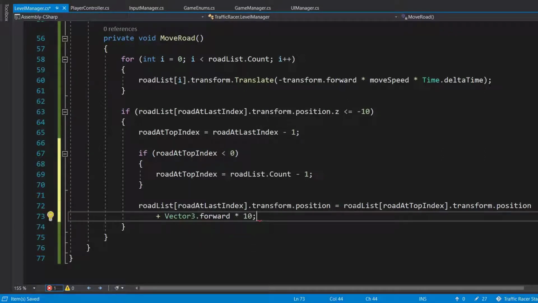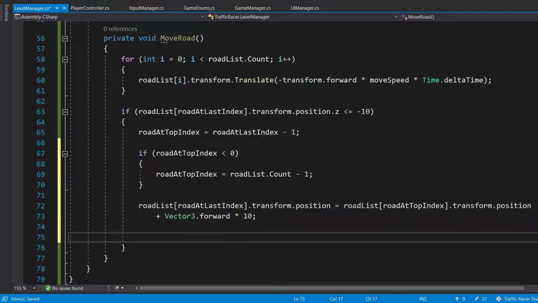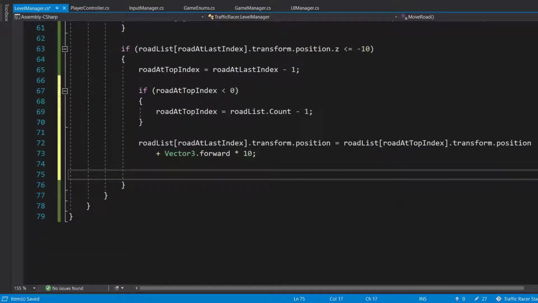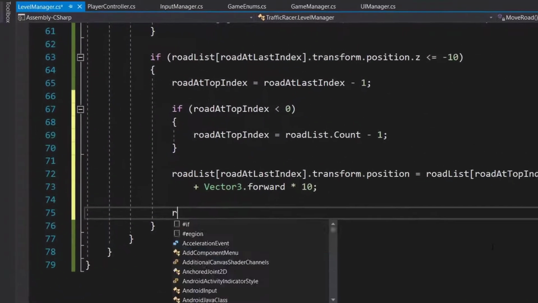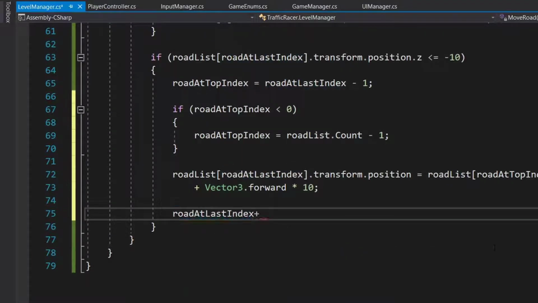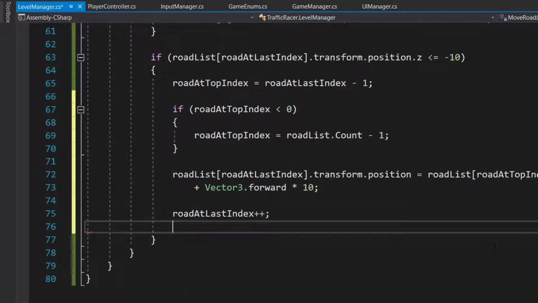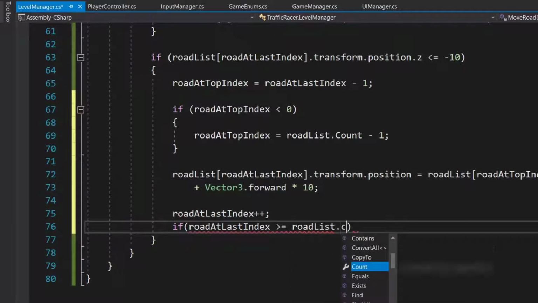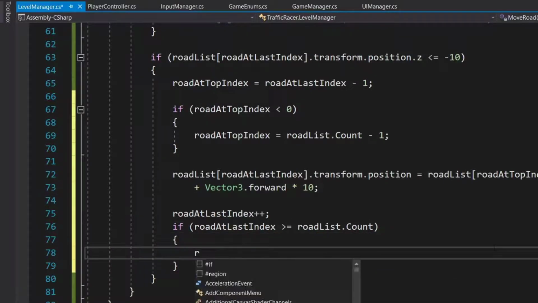So we know the difference between the two road prefab is 10, that's why we are adding 10 to it. Then road at last index plus plus, so we'll increase it by 1. Then we will check if road at last index is greater than or equal to road list dot count, then we set our road at last index equal to 0.